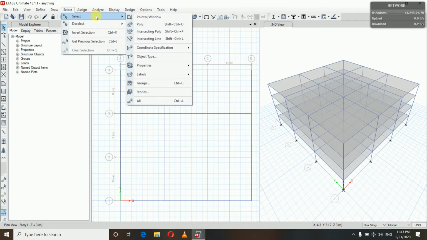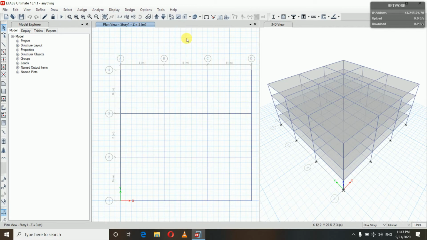And now we will go to the second option, that is the poly. Poly means polygon. What it means is any object within the polygon will be selected. Suppose click here, then click here, okay, we have clicked here, this one, and go to here and hit the enter key. With the enter key you can see that the objects within that polygon are now selected. Here you can see two joints and one frame selected. We have made our columns invisible, otherwise those would have been selected too. So in this way the polygon acts.